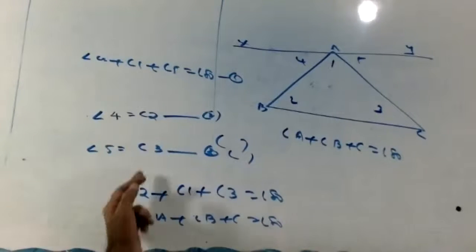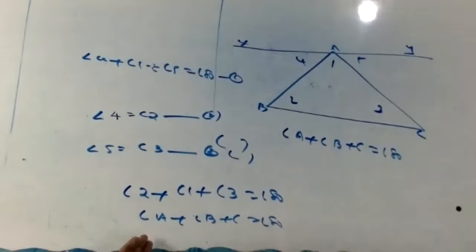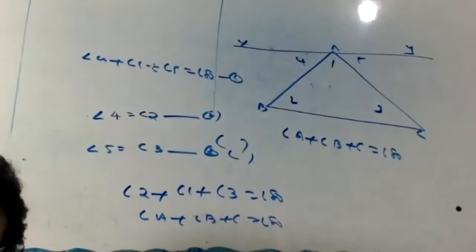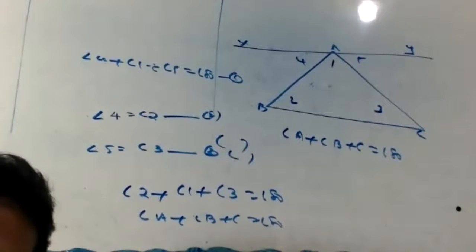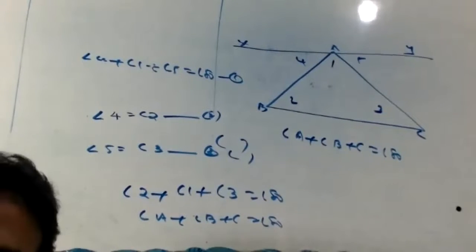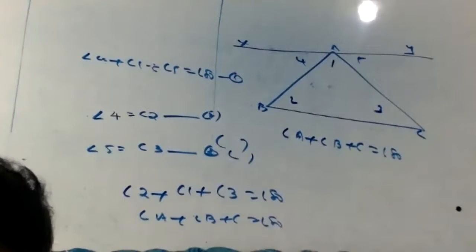Instead of 4 is 2. 1 keep 1. 5 is 3, equal to 180. That is angle A plus angle B plus angle C is 180 degrees. Is it okay now? This is a sure question and a 4 mark question. Those who finish, check the figure. Come on. Is it okay or clear now? Check it. Make sure now. If not getting, I'll show this one again.